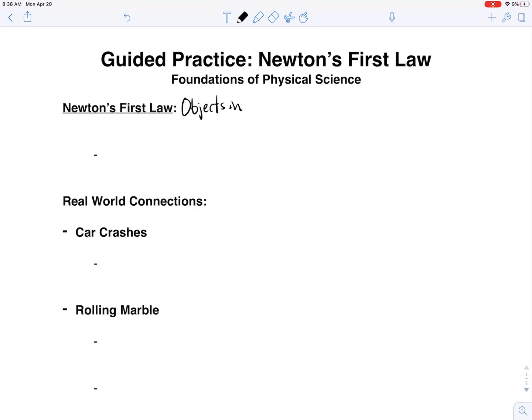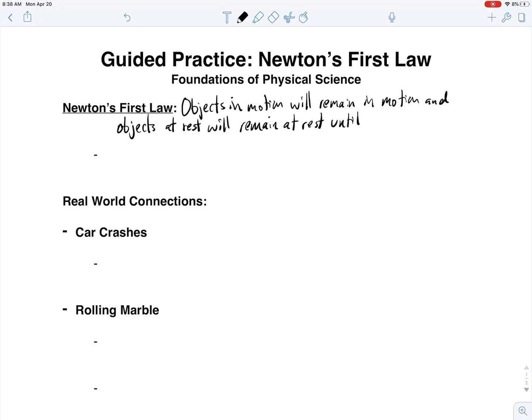So Newton's first law, let's just write it. Let's get this thing down. So Newton in his first law said objects in motion will remain in motion, and objects at rest will remain at rest until acted upon by, we'll say, an outside force. And at first when you read that, you're like, yeah, okay, but if you get really thinking about it,